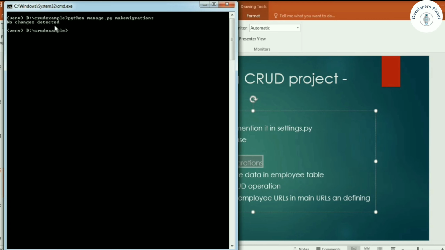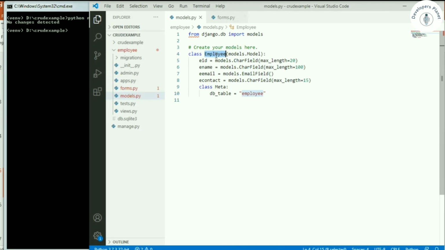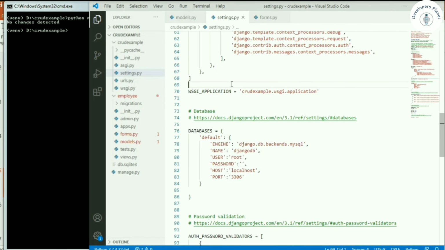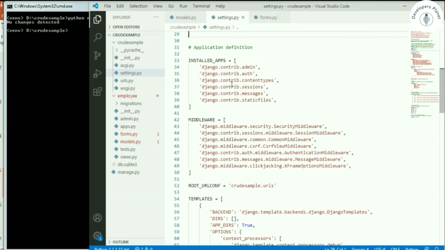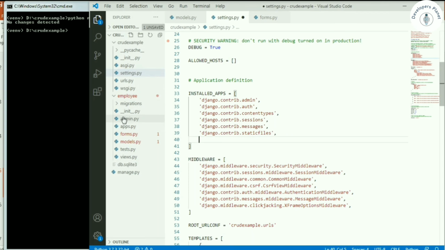So we need to mention the details about our app in our project, that we have created this app. This employee model is not mentioned anywhere in our project. So let's go to the CRUD example project, go to settings, and go to INSTALLED_APPS. Here we should mention whatever new app we have created.